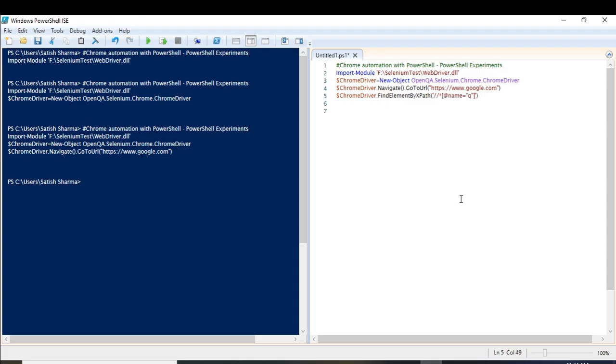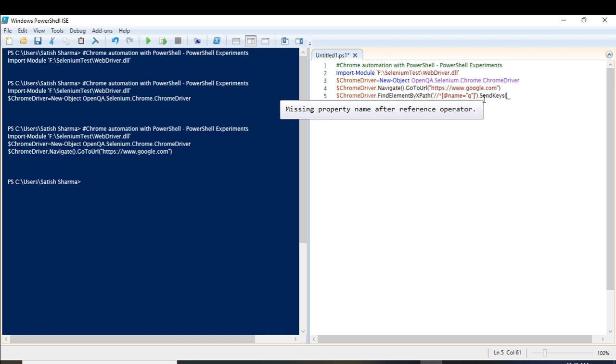Let's paste it here. Now that we have pasted it, we have told the script that it has to go to this element. It will uniquely identify that it needs to go to the input box of Google Chrome. Now I have to write in that box. So how will I write in that box? There will be a dot and then the send keys method.